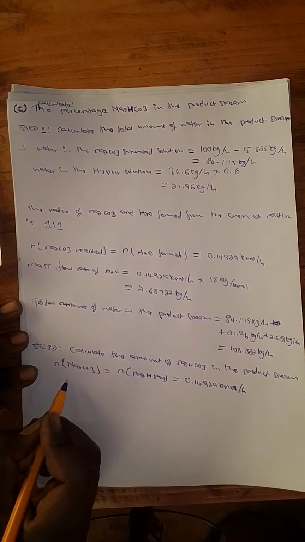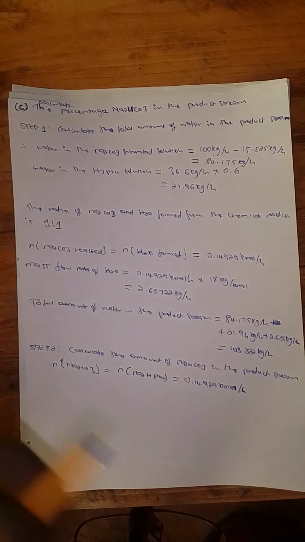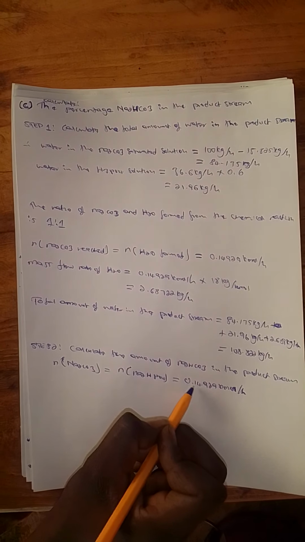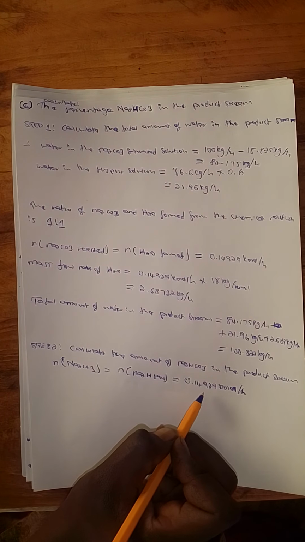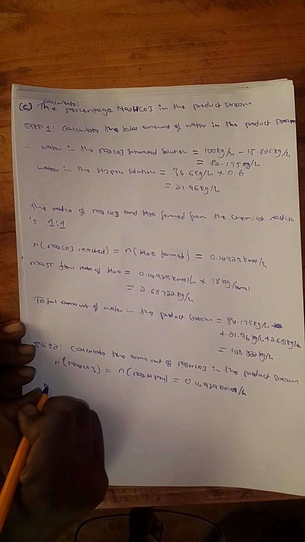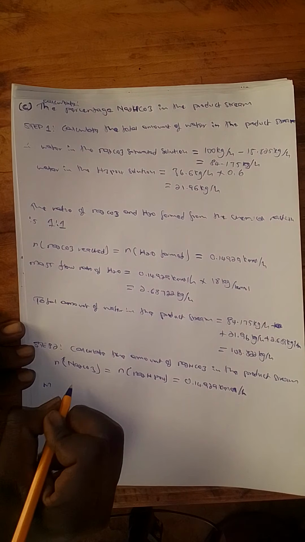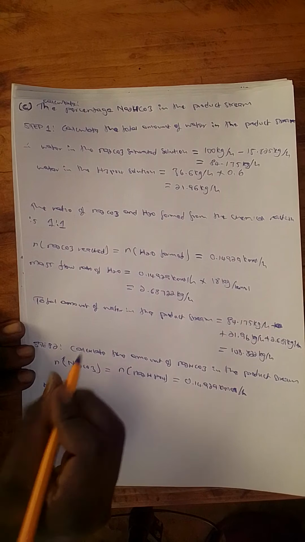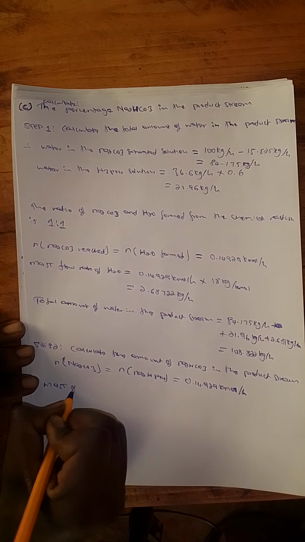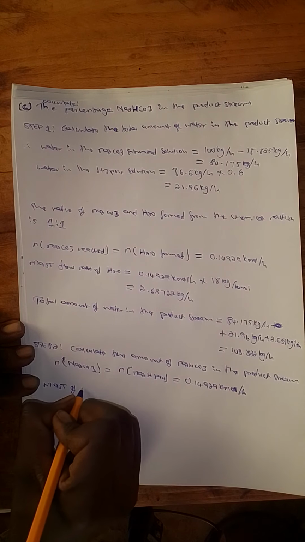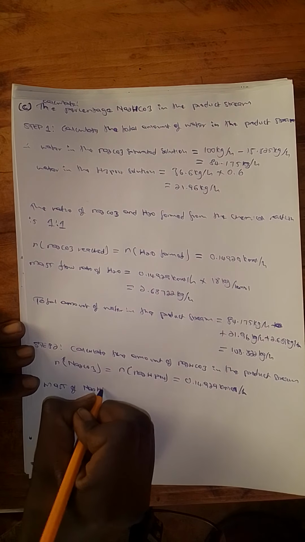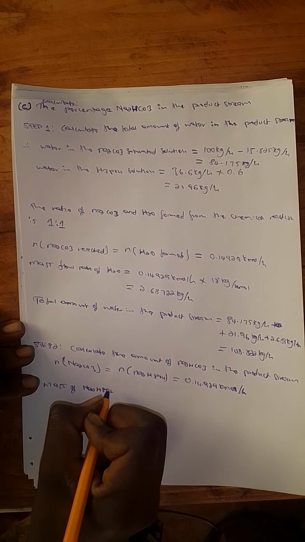So now we know that the amount of Na2HPO4 in moles is actually 0.14929 kilomoles per hour. So with that said, we can just use the molar mass of Na2HPO4 to get the mass therein. So the mass of Na2HPO4